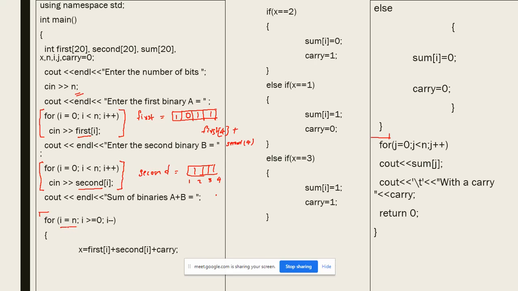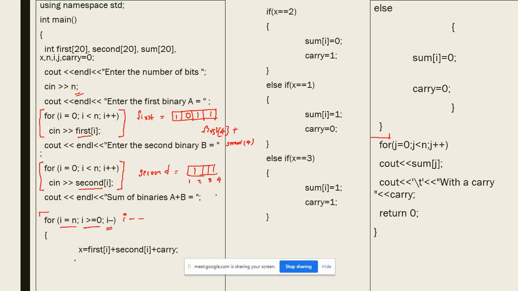Then only we can start from the least digit. So we will give I equal to n, and afterwards the termination condition is not I less than n, it is I greater than or equal to 0. That is, it has to move from the digit 4 to 0. And afterwards the increment operator is not used. We use a decrement operator, I minus minus, because we have to move backwards.